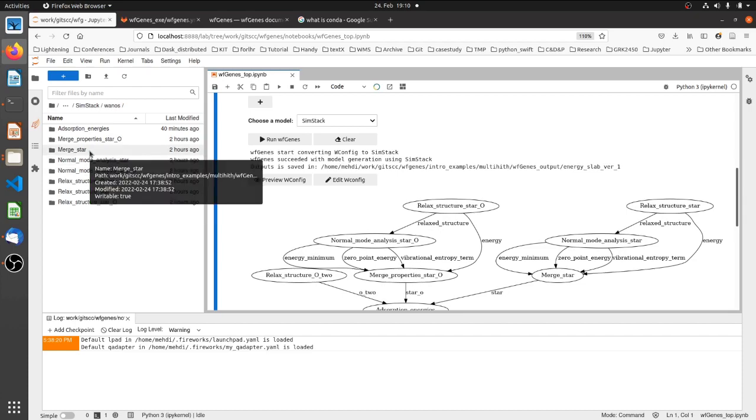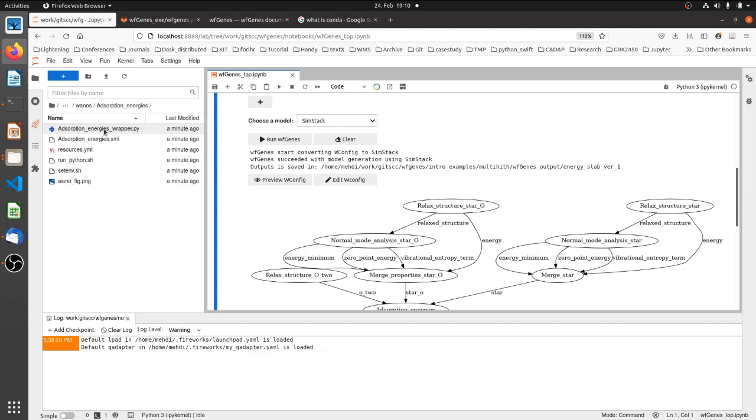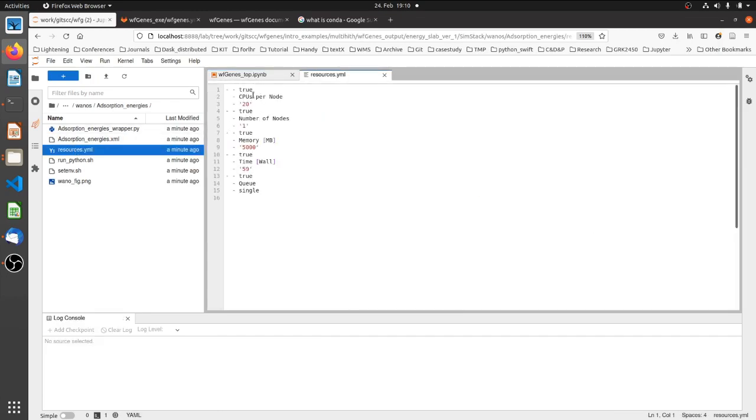vanos in the SimStack workflow management system. And if you navigate to this folder, you can see there are also resource files that just offer a template and set the defaults of the required resources for this simulation. That can easily be set up through this file for each vano separately, or using the SimStack GUI, which I do not cover, how you can work with SimStack in this screencast. And okay,